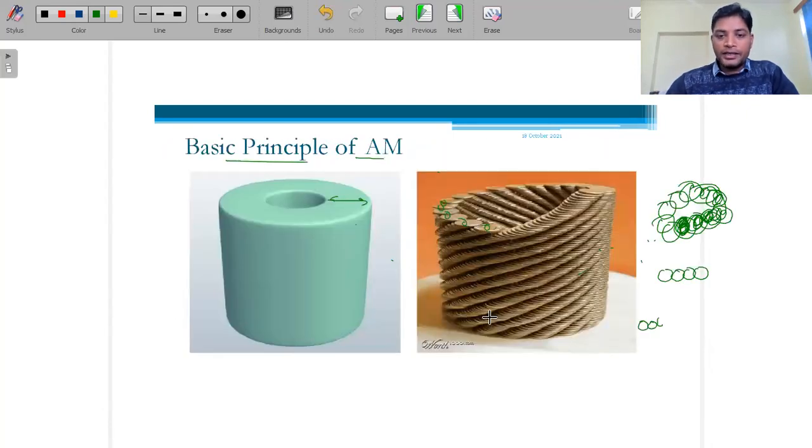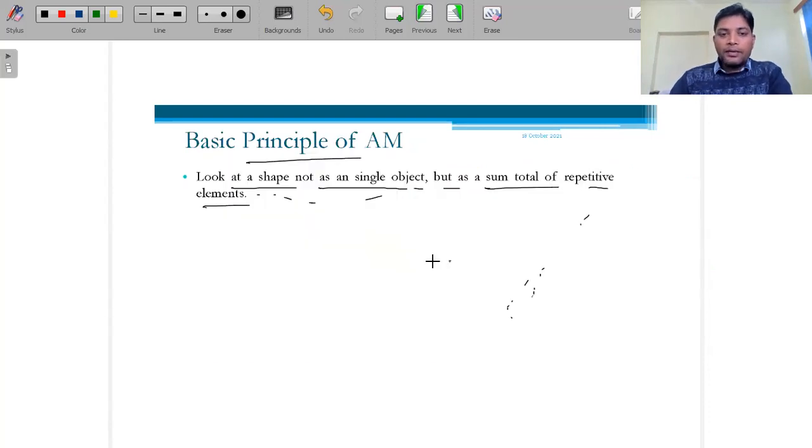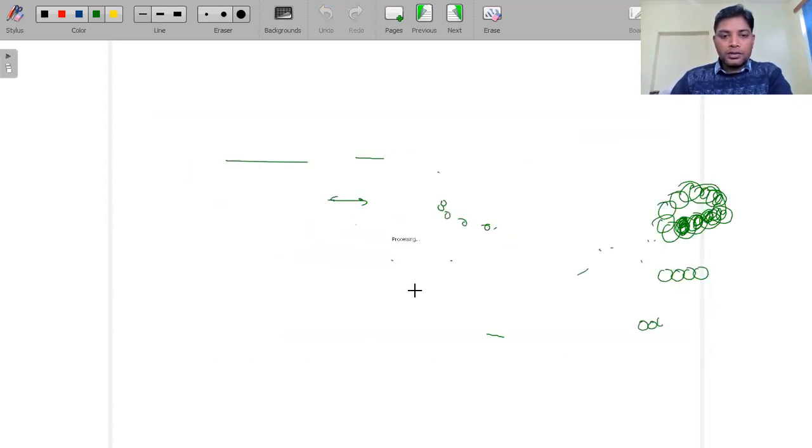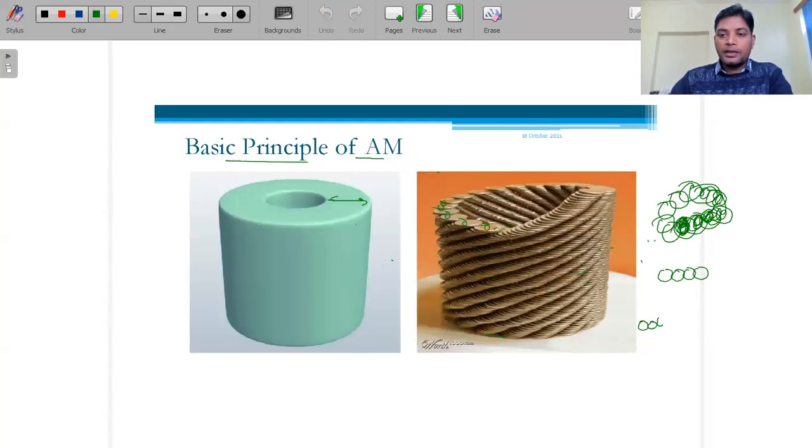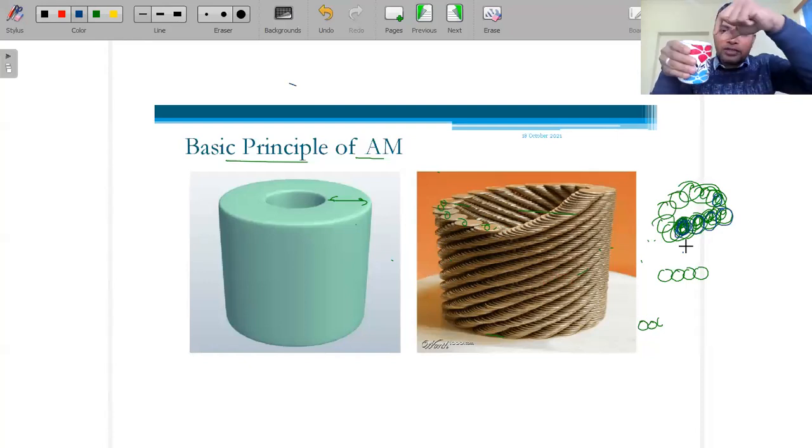So what exactly I want to say here is, we are printing these 3D blocks. First we are creating this geometry. First we are filling this one, first one, second one, third one, fourth one, like that. Taking the example of this cup, we will fill it layer by layer. First layer will be throughout the cross section, we have to fill it, and the second layer will be of some thickness.